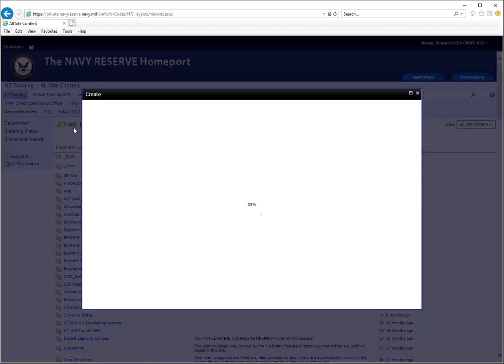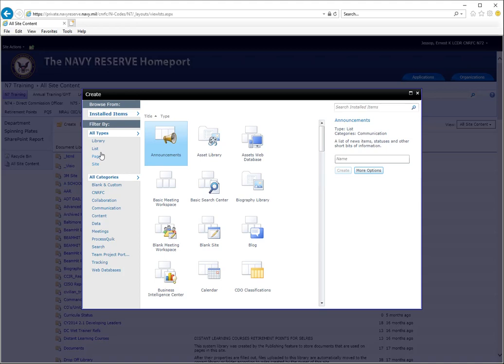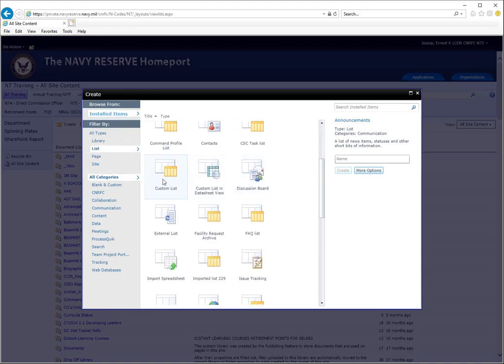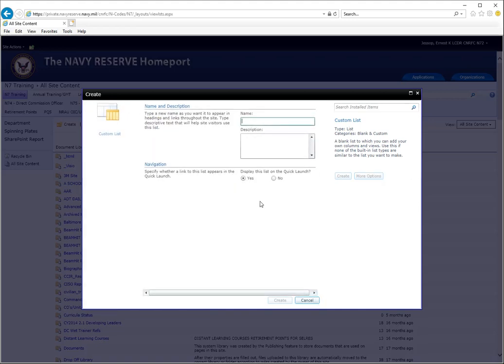I'm going to create a blank list, which in this case is a custom list. More options, because I don't like the list to display on the quick launch upon creation. I like to control that, as I'm sure most of you do as well. So display on the quick launch, check the radio button for no, and let's give this a name of